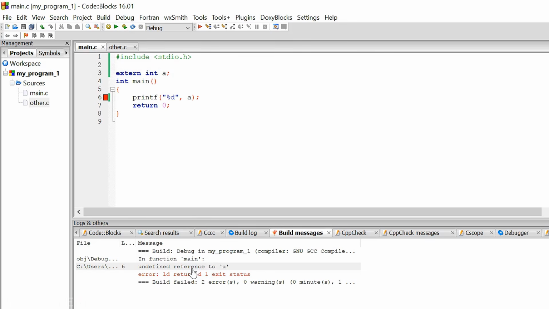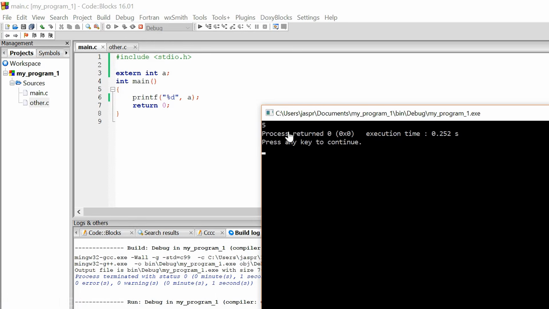This error is thrown by the linker and not the compiler. The compiler thinks of this code and it compiles successfully, but the linker is a program that does this thing, combining the files together and linking those things and those references. Like in this case, you have declared an extern int a. The purpose of the linker is to actually link this particular variable to its actual definition somewhere in the file. And as you can see, it won't be able to find that particular variable, therefore it returns undefined reference to a. Right? Let's remove the comment and then everything works fine.